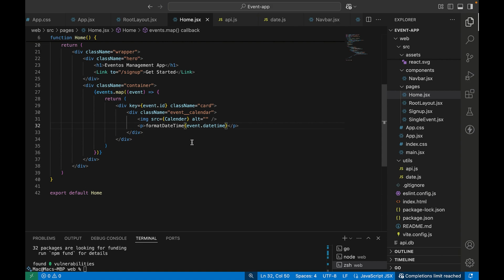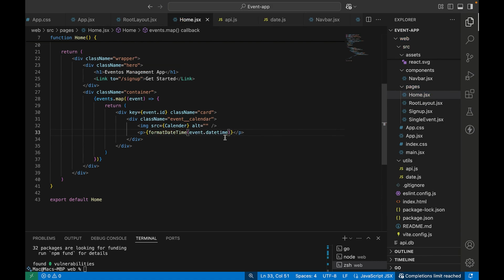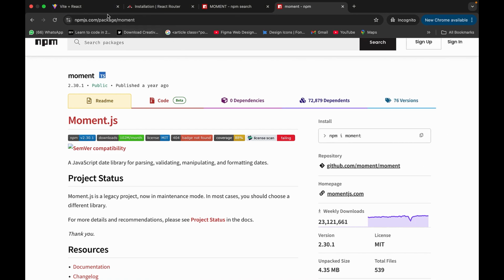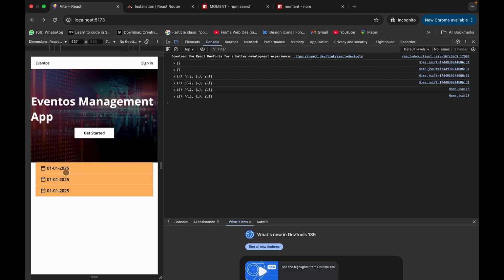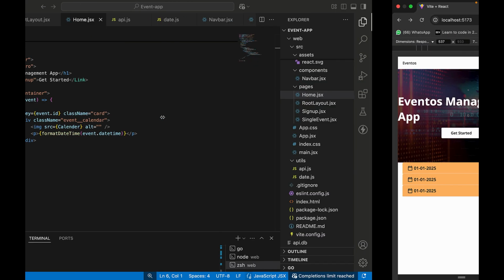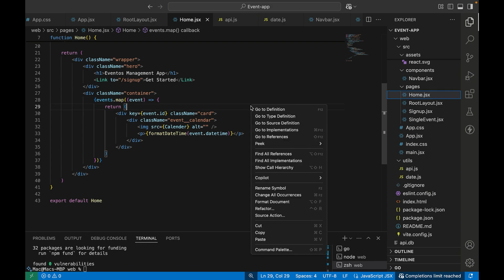Okay, so it's going to be a function. So going to make it a function date time. So this is going to be here like this. So import it. So we have it imported already. Right, so we check our browser, what do we have? We see that we have it nicely formatted. So this is how I wanted it to be. So that is that. So the next thing we want to do is to